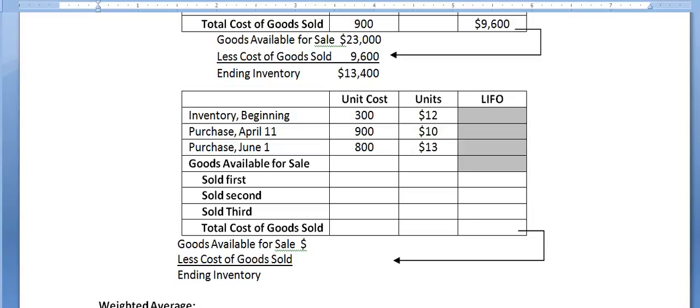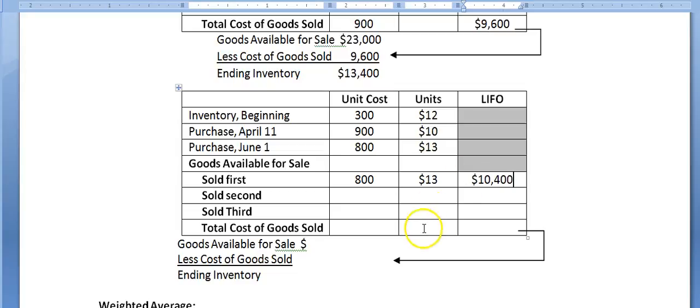But remember, you don't have to match the method to your actual cash flow. Management can choose whichever method it wants, and the primary purpose of LIFO, the reason it was developed, is to lower taxes, and we'll demonstrate that in a few moments. Okay, so LIFO stands for last in, first out. The last things we bought, 800 units here, were the first sold. And we had paid $13 for those. If we multiply that out,